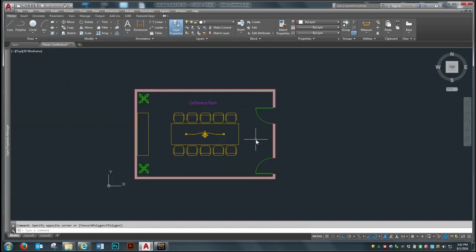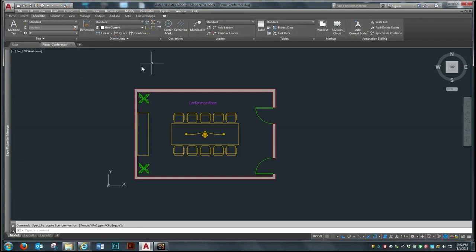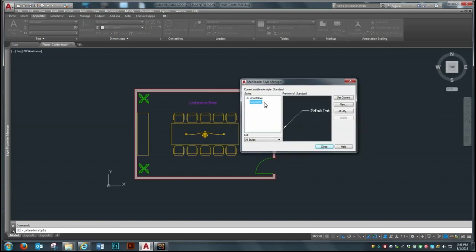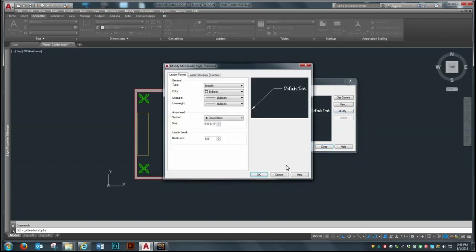Leader lines. If you wanted to note, we'll go to Annotate, and here are leader lines. So it's kind of an arrow with text. To set that up, you have to click the down arrow right here by the word Leaders, and that gives you the annotation text box. And you'll click Modify,